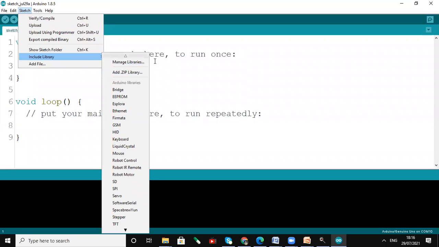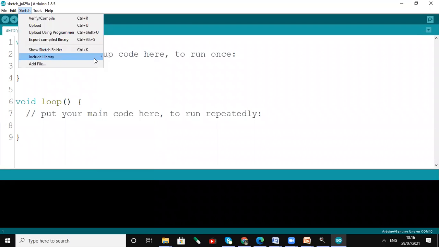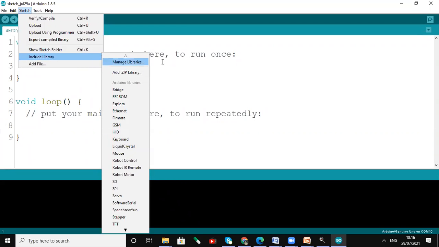For example, we require a library for the humidity sensor, a library for the water sensor, and whenever I want to use the water sensor, humidity sensor, or LCD, we will add the respective library from this function. From Sketch, Include Library is used to include the libraries.